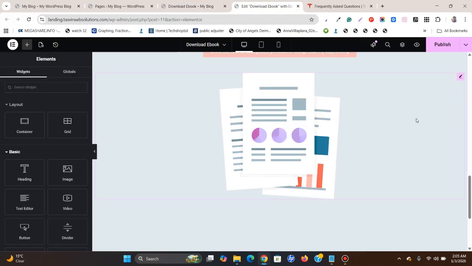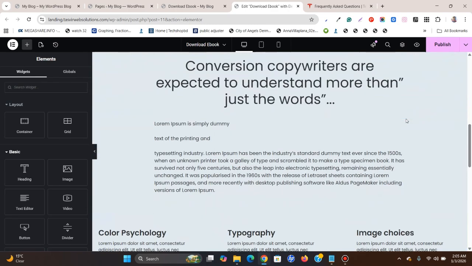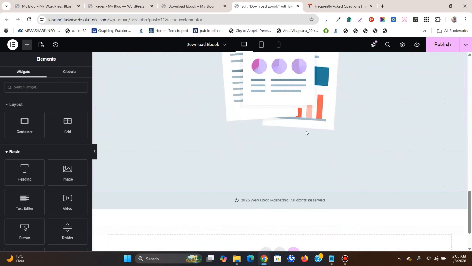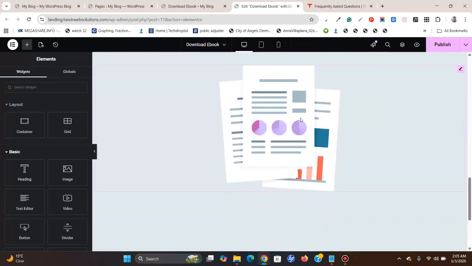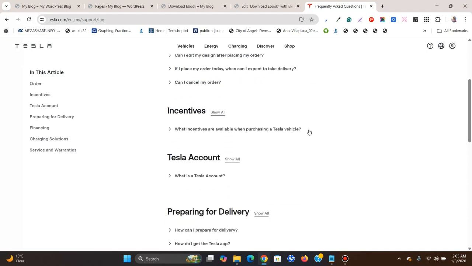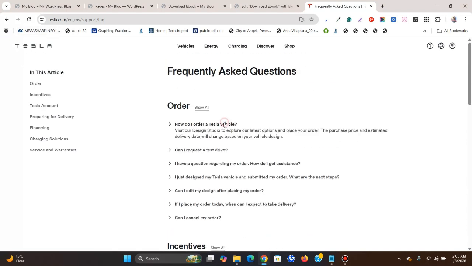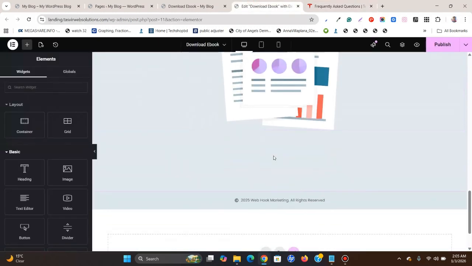Okay, so let's start building the FAQ section for our page, Elementor page. So this is the page which I've opened up over here, a landing page, and I am going to add a FAQ section below this diagram over here. Okay, so over here I have opened up a FAQ page, Tesla.com's FAQ page. Okay, so I'm going to take the contents from here and build something like this just to show you how it's done. Okay, so firstly